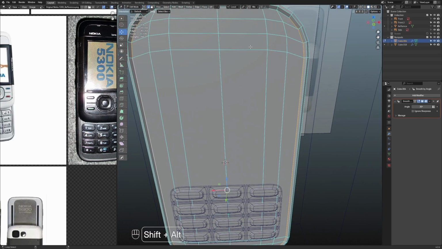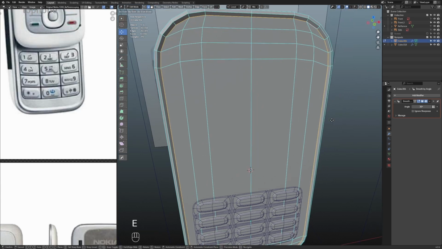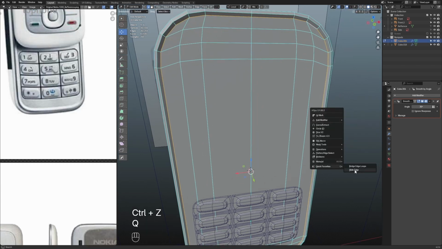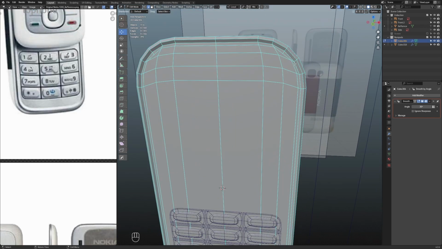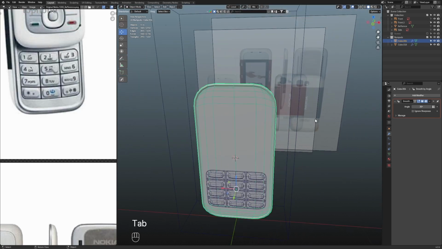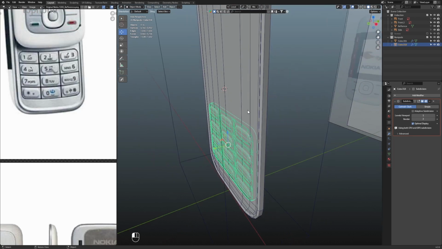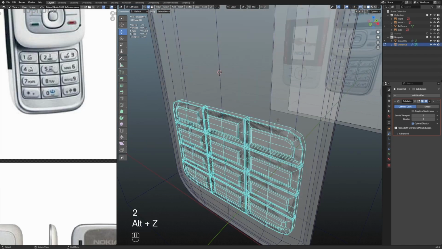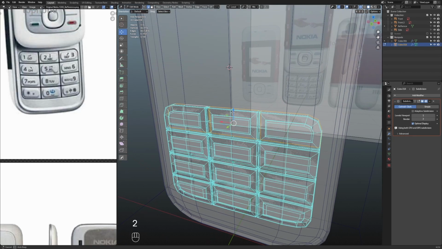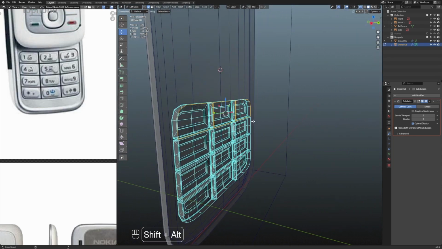And to make a hard transition over here, I can just add an extra edge here, not extrude, sorry, but a simple edge slide about here should work very fine. This part is not going to be visible anyway, so might as well not worry about it. Also what I'm going to do is take these edges, and I feel this can help us to create